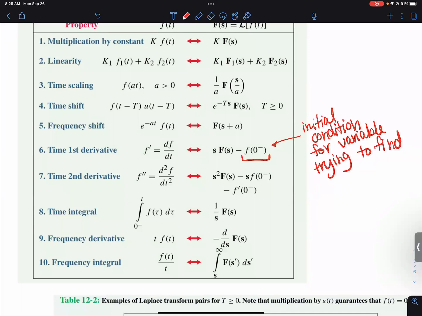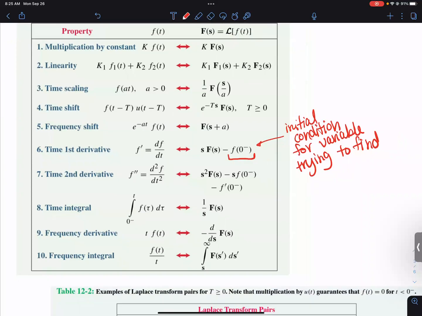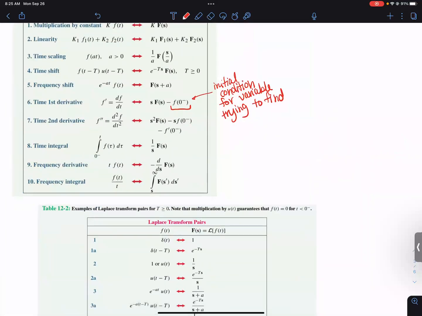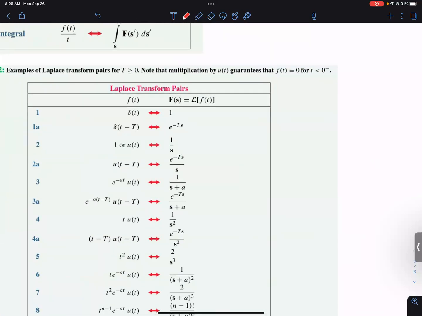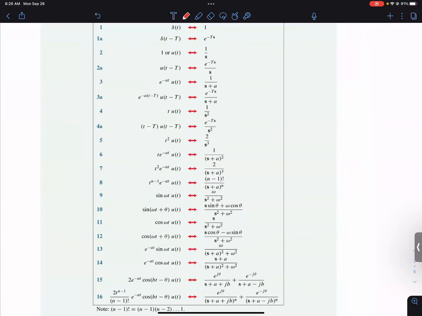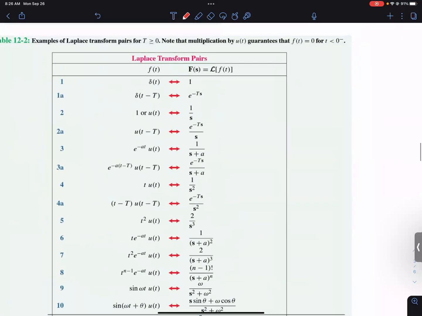All right, so we're going to use this table of properties. And then, as I said, there's another table that has all of the functions themselves, already translated for you. So these are called Laplace transform pairs. And so you can go back and forth between them. So we're going to use these two tables to now go back and translate the,